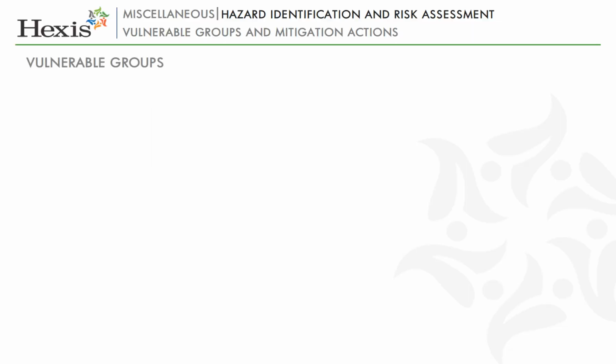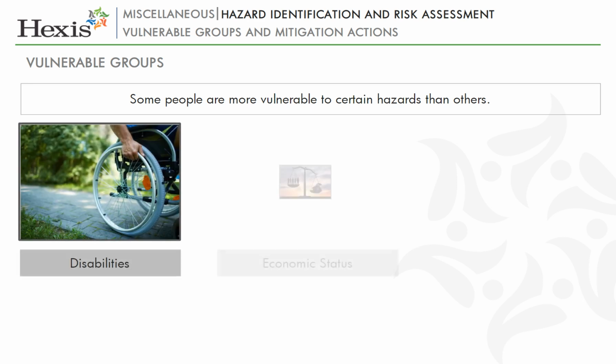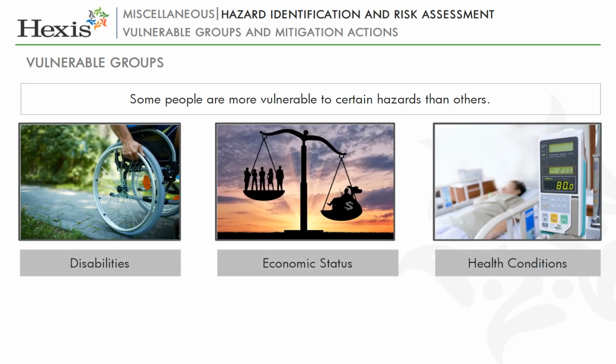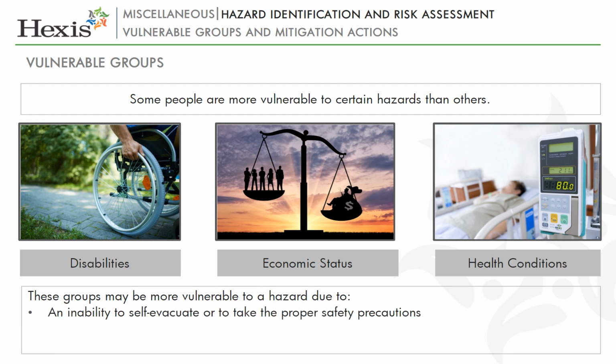Next, we will learn about vulnerable groups and mitigation actions. Some people may be more vulnerable to certain hazards than others due to many different reasons such as disabilities, economic status and health, and are therefore more likely to suffer from the negative impacts of a hazard. These groups may be more vulnerable to a hazard due to an inability to self-evacuate or to take the proper safety precautions, susceptible to a hazard due to their health, or a lack of access to warnings or other reasons